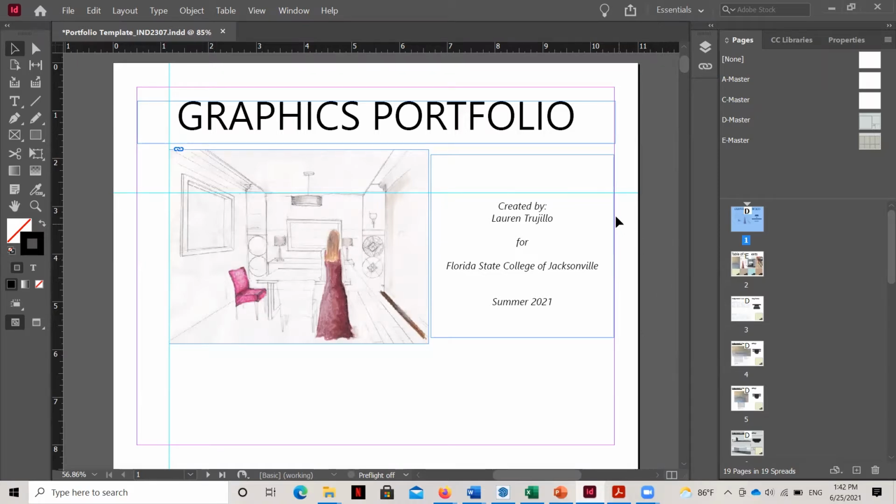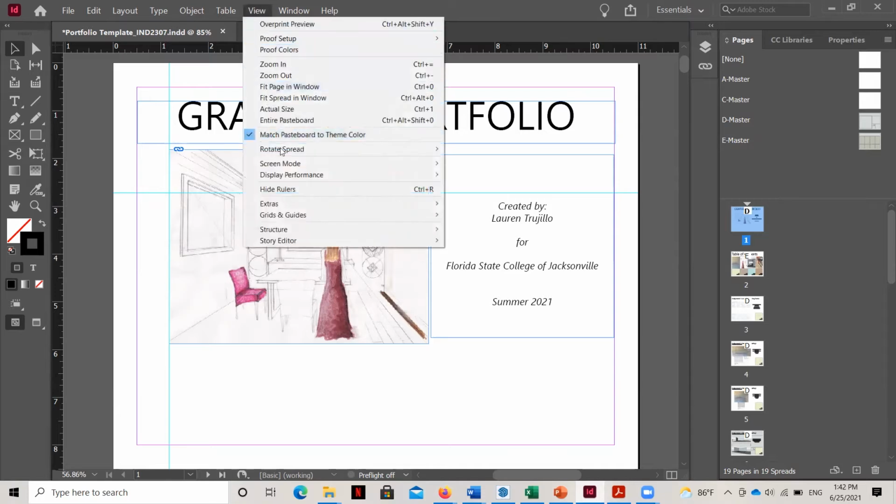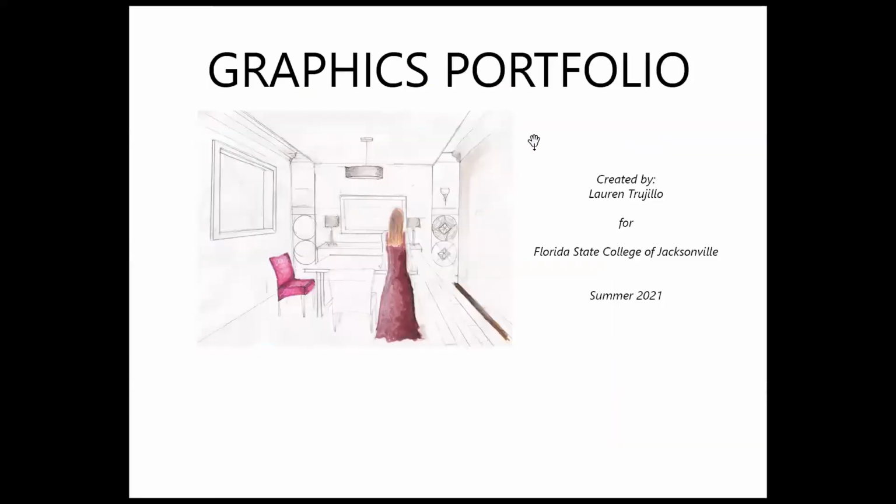So you can either export your portfolio as a PDF and perform this critique using Adobe Acrobat, or you can do it within InDesign. In order to do this critique, I'm going to do it in InDesign, but I have already hidden the grid information on my master pages, and then I'm going to go to View and Screen Mode Presentation in order to see this.